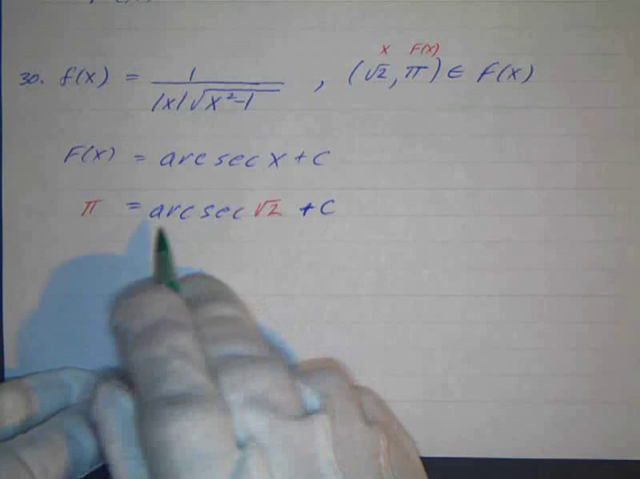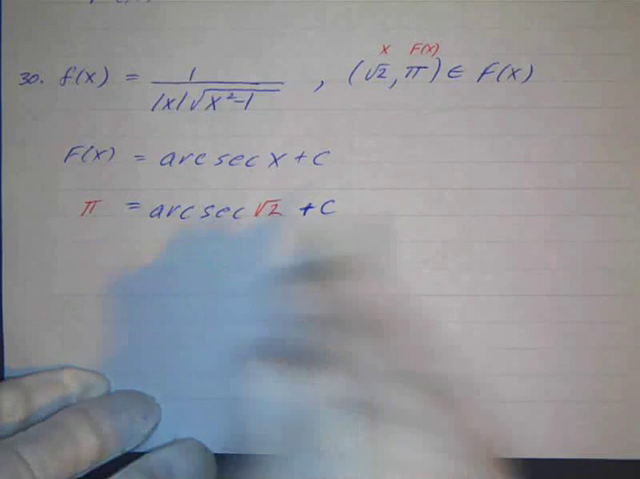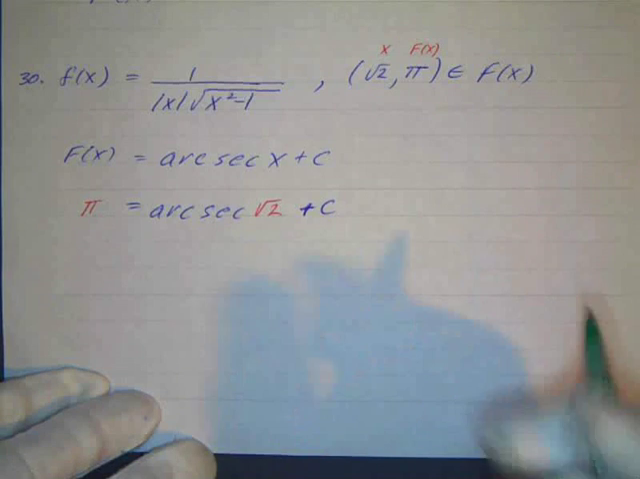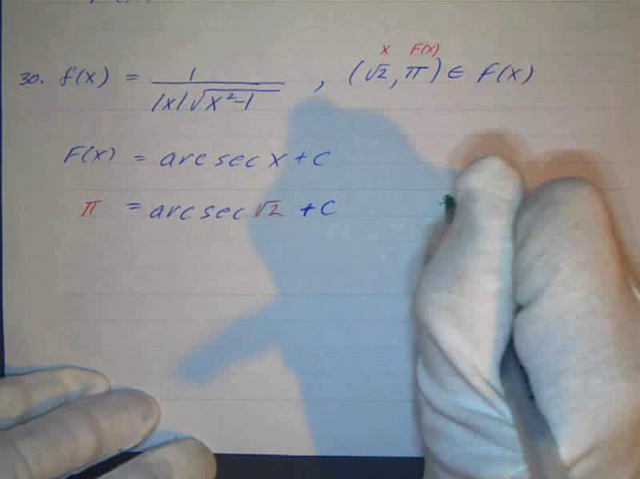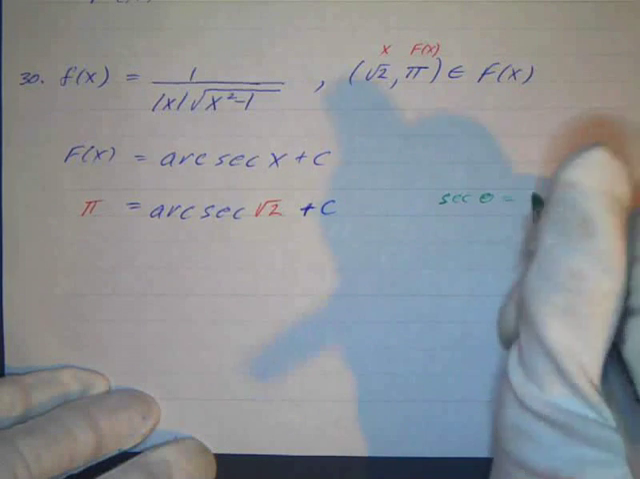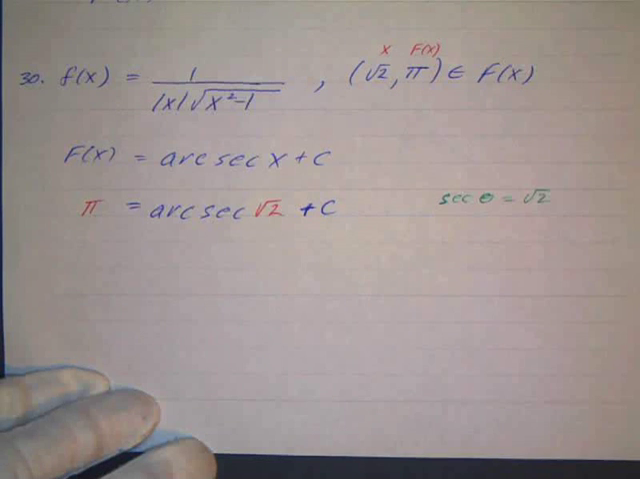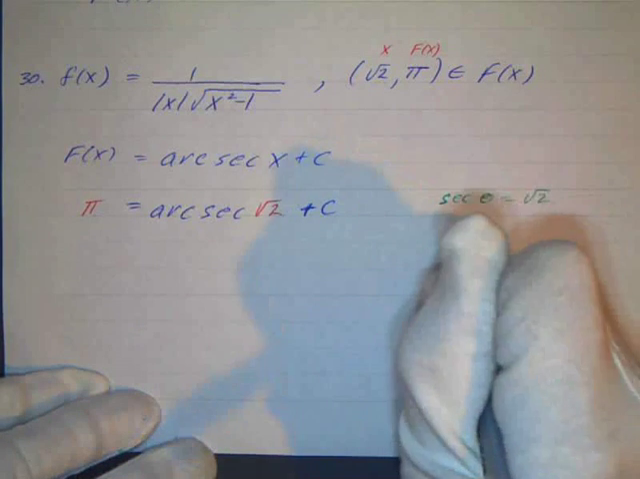Remember, this is an angle. The angle whose secant is the square root of 2. So we can call that angle theta. So we could say that the secant of theta is equal to the square root of 2. Well, the secant is the same thing as 1 over the cosine, so we would say that 1 over the cosine